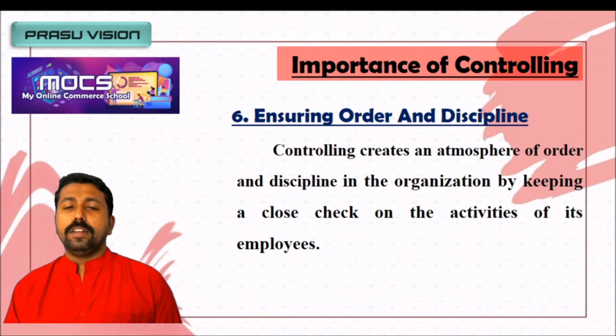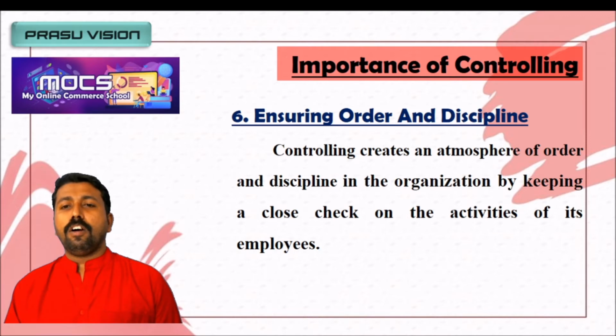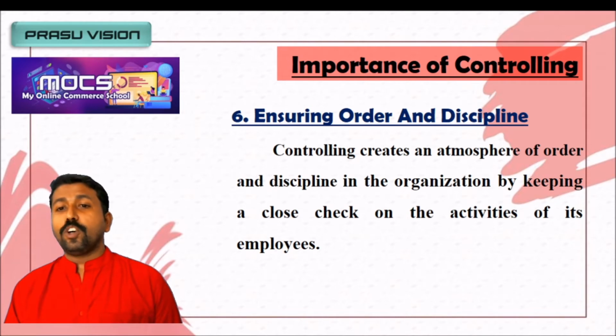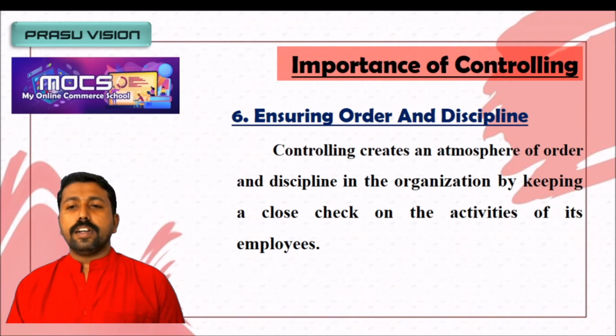Order means the proper place for everything, and indiscipline among the employees is its opposite. So controlling of all elements in an organization creates an atmosphere of order and discipline by keeping a close check on the activities of its employees. So through controlling, the supervisors and other topmost managerial officials are directly or indirectly observing the performance of employees. So automatically